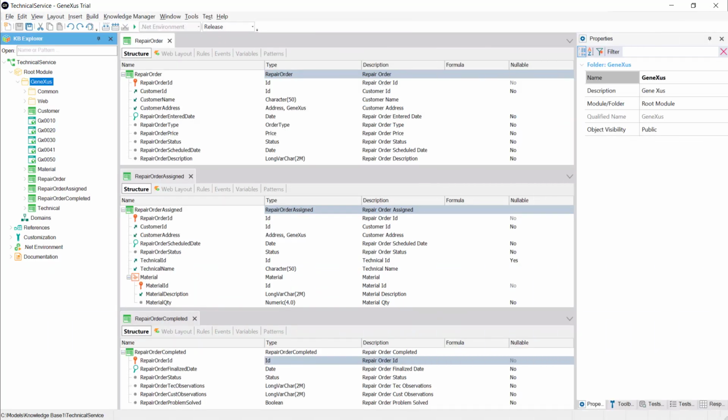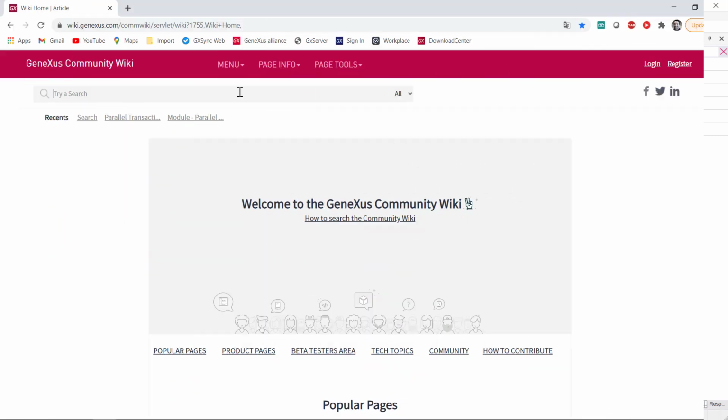Parallel transactions offer a clear way to keep in the structure of each transaction solely the information you want to work with within that program, regardless of the information in the same table that can be handled in another transaction. There is a wide range of realities that can lead us to use this type of transaction, which we'll not examine in detail in this video. For more details on this topic, please visit our wiki.